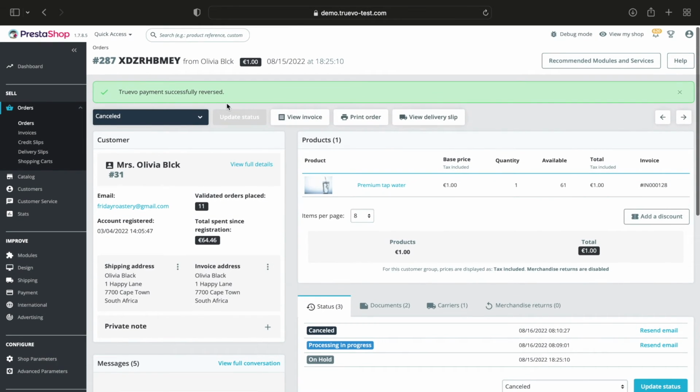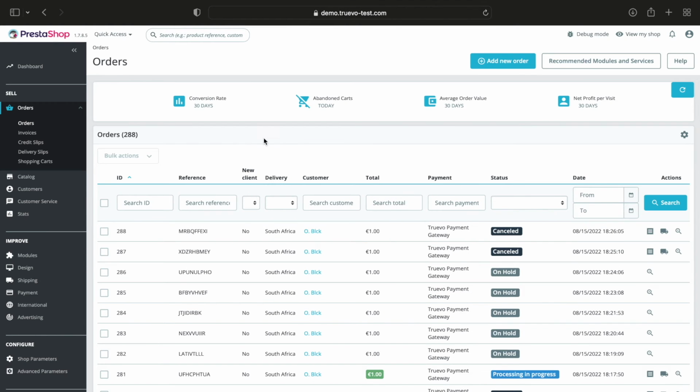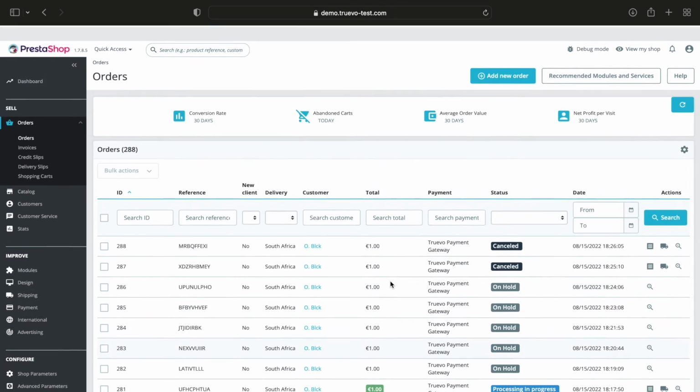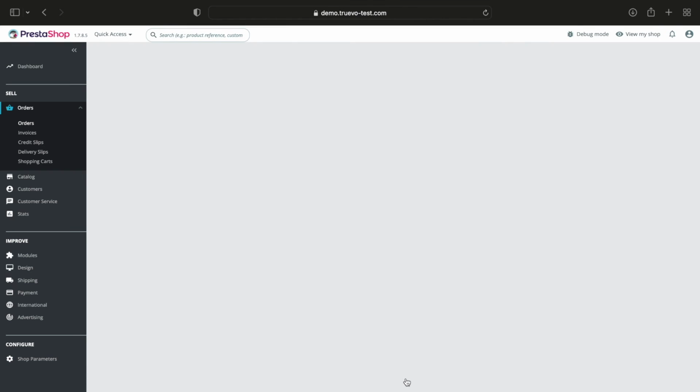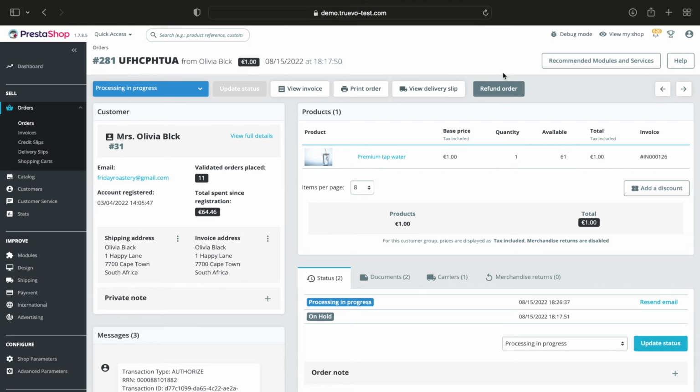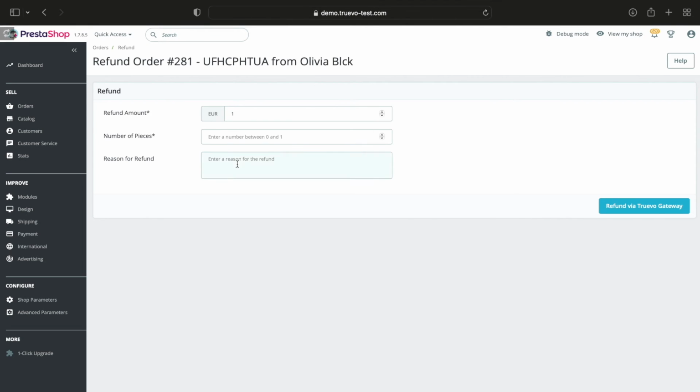To do a refund, navigate to PrestaShop, Orders, and find a transaction that is at least 1 day old and that has the status processing. Click on it. On the top menu, there will be an item called Refund Order. Click on it. You'll now have the option to say how much the refund is for and how many items